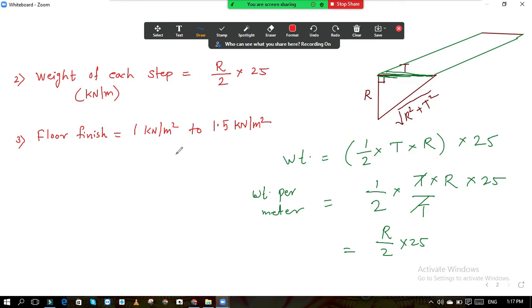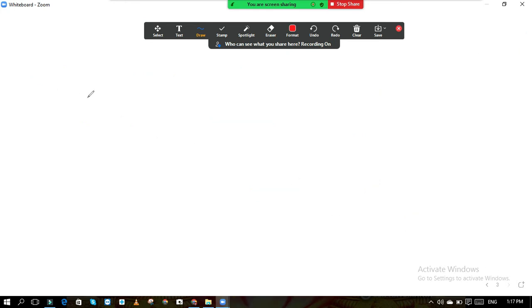But in some numericals, if it is not directly given, they add one sentence that a granulithic floor finish of thickness 20 mm is applied on the staircase. They give you the thickness of the floor finish and the type of the floor finish, that is granulithic finishing. The density of granulithic finishing is 23.5. So you have to multiply that thickness by 23.5, then you will get the value of the floor finish. This is the important thing. On the next slide we will take this point.